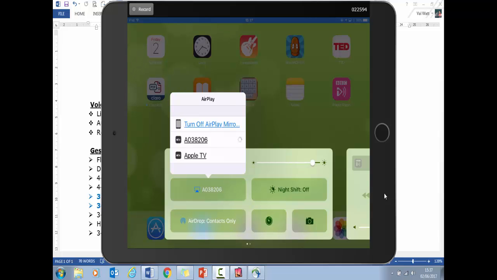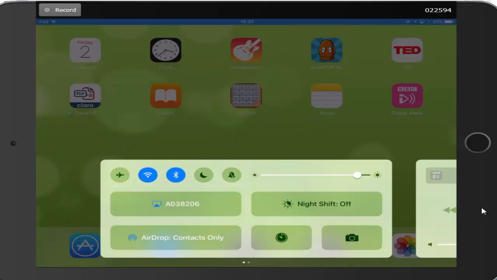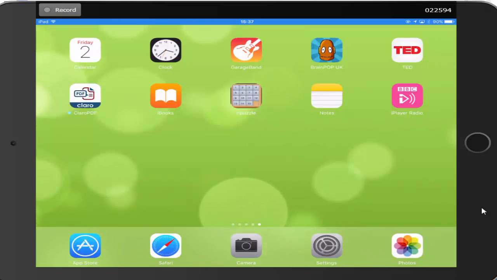So just mirroring the iPad onto the screen. Okay, here we go. First thing that we want to do is to link VoiceOver to the accessibility settings or the triple-click Home. So do so by clicking on the Settings cog icon, which is at the bottom of my screen, clicking on Settings,